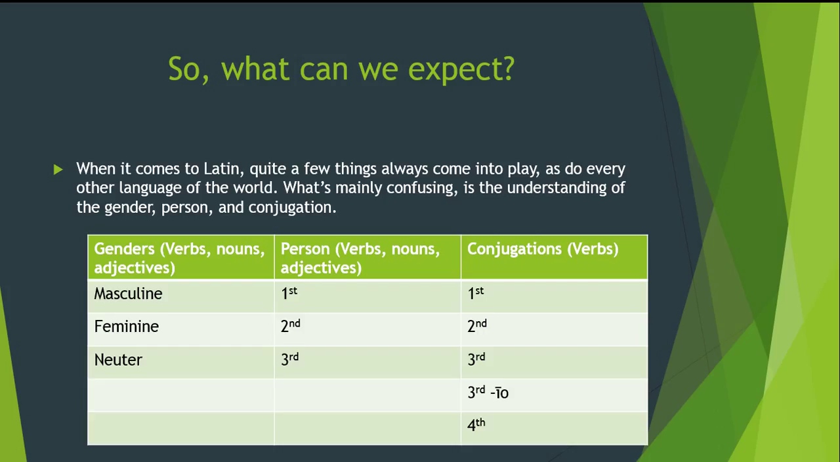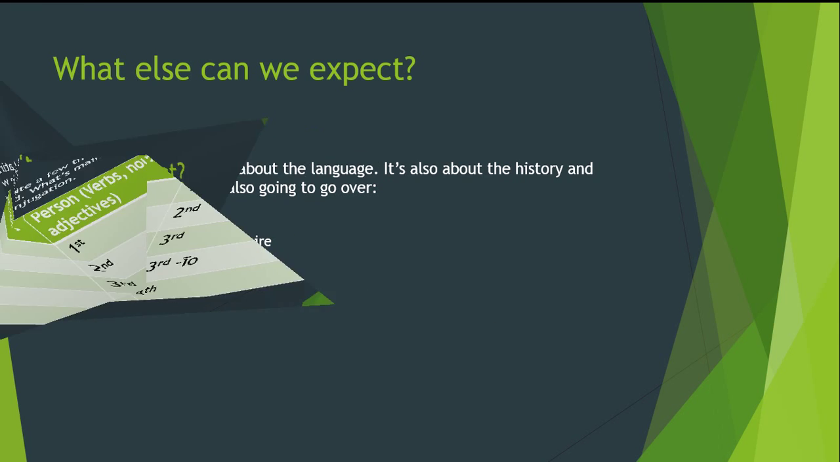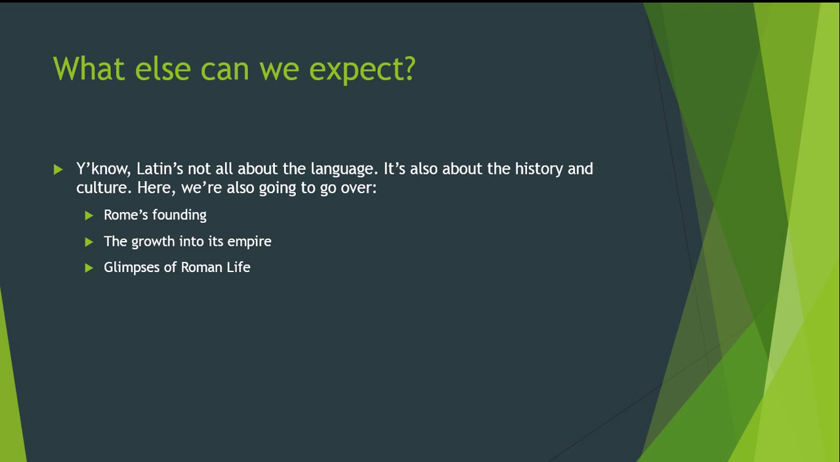For conjugations, which applies to verbs only, there are going to be first conjugation, second conjugation, third conjugation and third conjugation IO, which we'll get into the difference between those two in a little bit, and fourth conjugation. Alright? And what else can be expected from this,